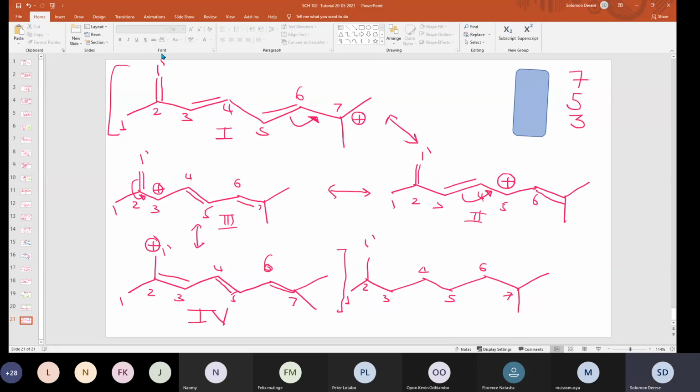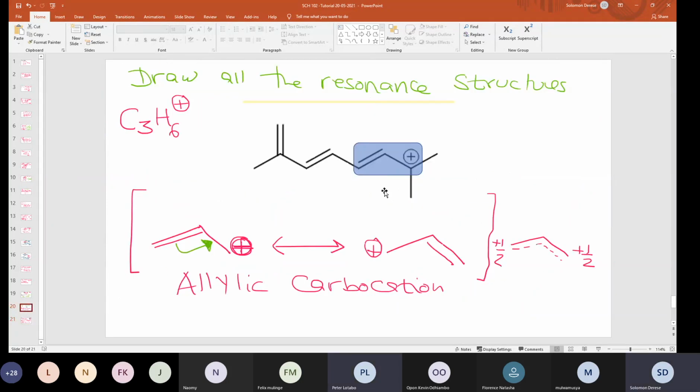So the other one, it is on 1 prime, isn't it? Cindy? Yeah. What is the total charge on the carbon, on this molecule? What is the total charge on this molecule? Only plus a half? No, what is the total charge on the molecule? Plus 1. That's 1. It's a positive 1